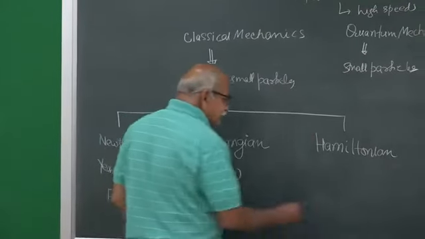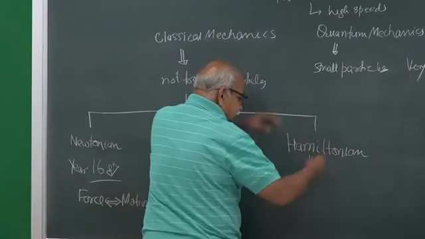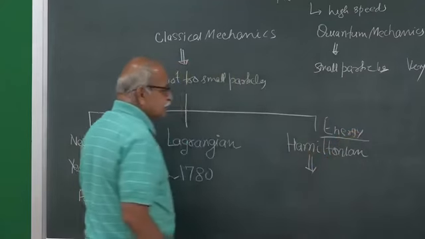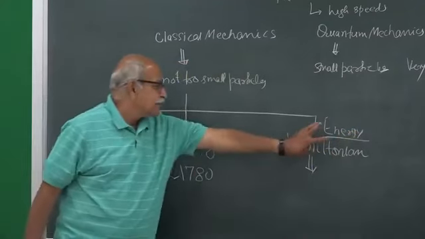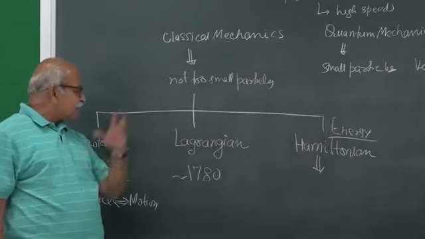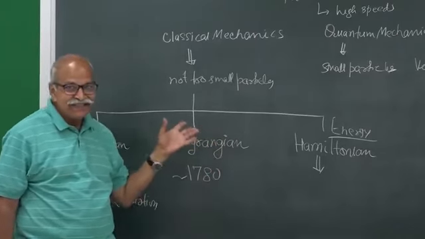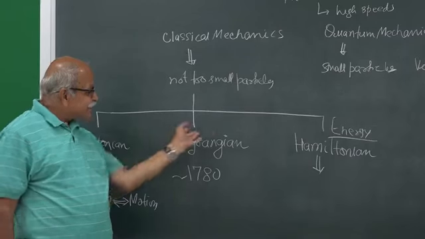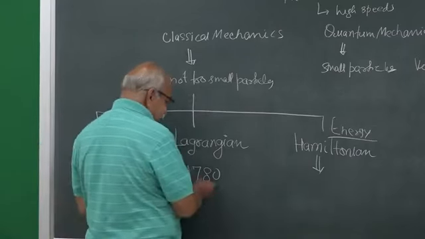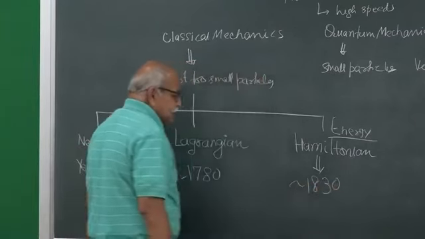The biggest advantage of this Hamilton formulation, this is basically the central thing, is energy: kinetic energy, potential energy, some total mechanical energy. That is the central idea. Here the central idea is yet another function called the Lagrangian function, again based on potential energy and kinetic energy, but totally different combinations.